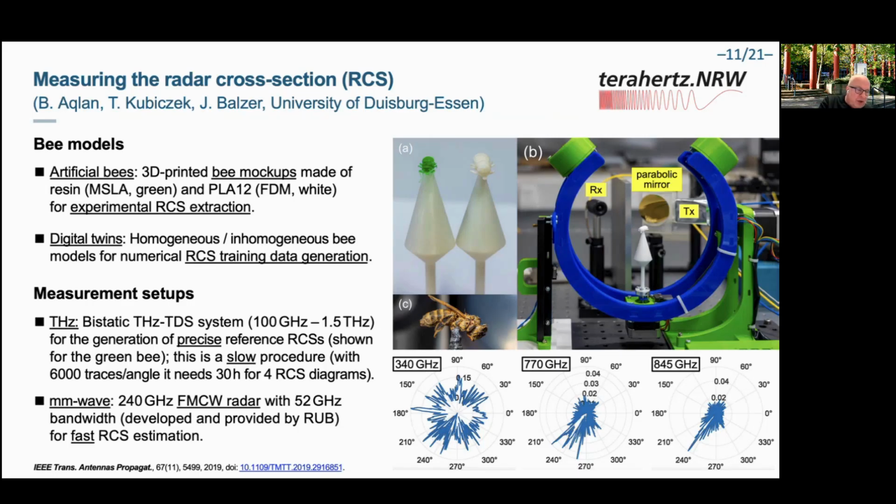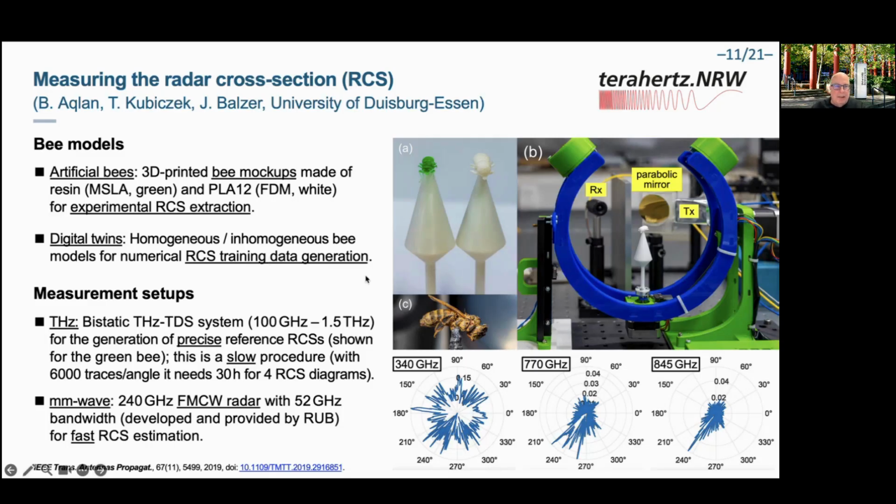One could think of preserving them in an ethanol solution, which is usually done. A soaked bee would probably mimic a living bee, but it dries out pretty fast, even during, let's say, a measurement. So one thing that we are also looking at here is using digital twins of bees, homogeneous and inhomogeneous ones, in order to also generate radar cross-section training data, because the simulations, as it turns out, are much faster than the experimental